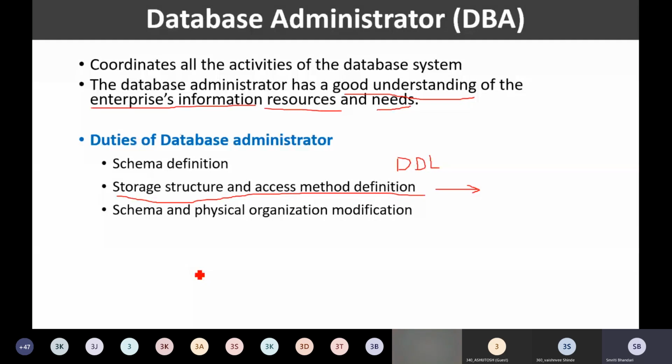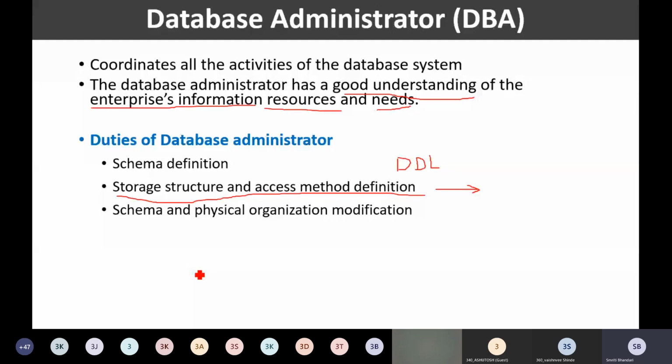So in such situations, what needs to be done? In such situations, sometimes we need to take the decision to change some storage structures at the physical level. So it may happen that I need to change the database structure, I need to change the indexing mechanism, whatever was the indexing algorithm I was using earlier, I may need to change that.